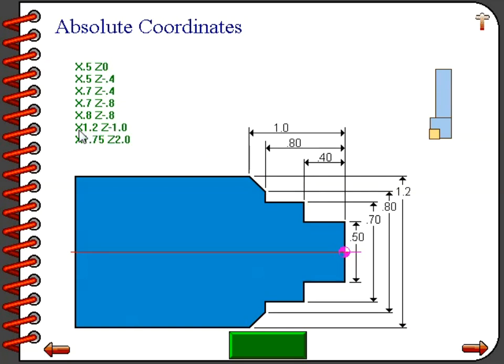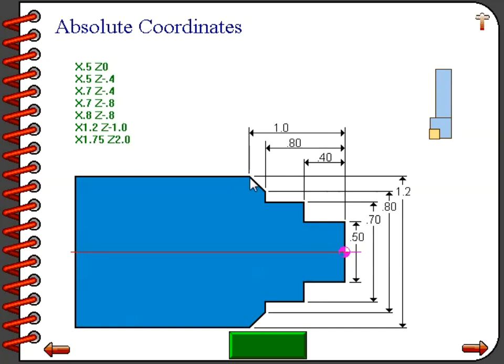The next command, X 1.2, Z minus 1.0, is a combination movement. Notice that the values for X and Z both change. This tells me that the tool will be moving at an angle. We will end up at a diameter of 1.2 inches and a Z position of 1 inch to the left